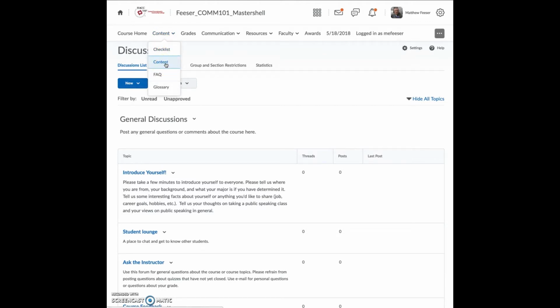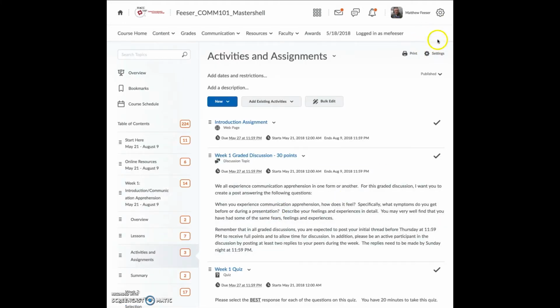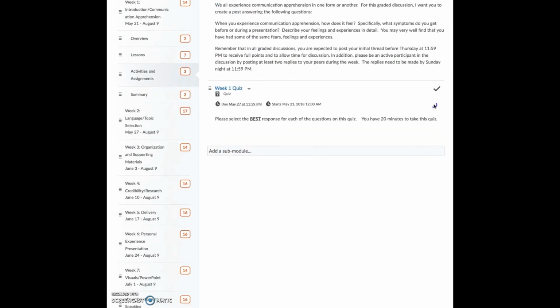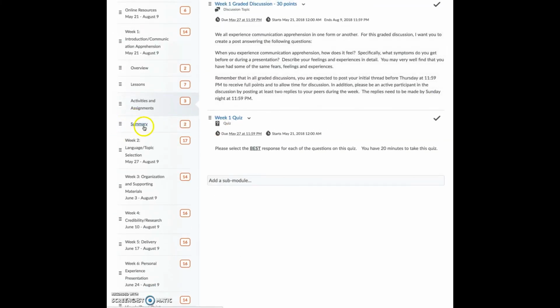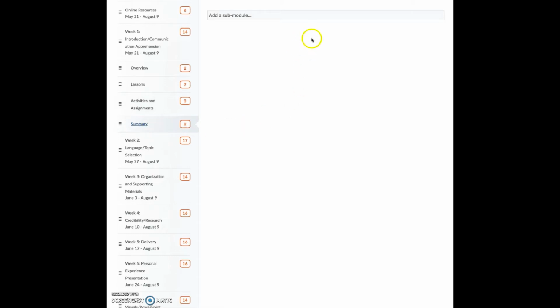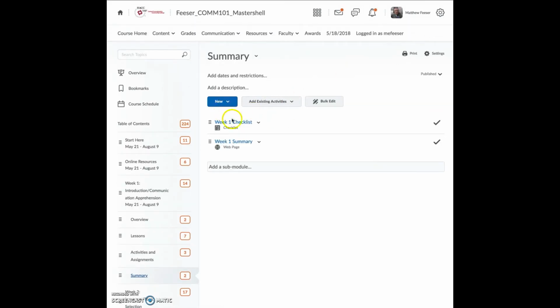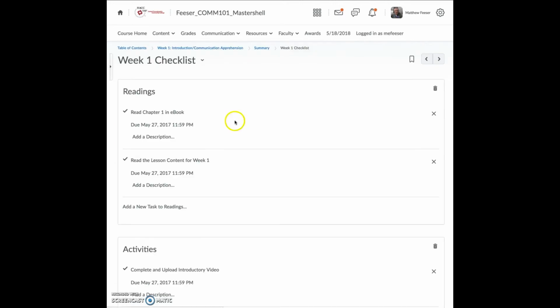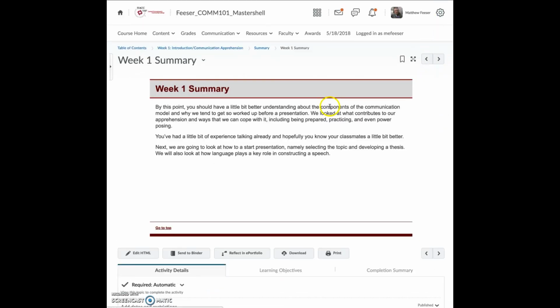and that takes us back to, here we are again, the week 1 module. And then the last part of the week 1 module is the summary. The summary is essentially a checklist. Everything will be checked off if you've completed it. That way you can make sure that you've done everything you need to do. And once you've done that, there's a basic summary that says, okay, this is what we did, and this is what we're going to do in the next class. So then you go back to the table of contents.